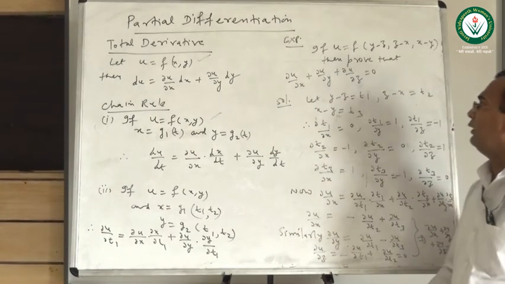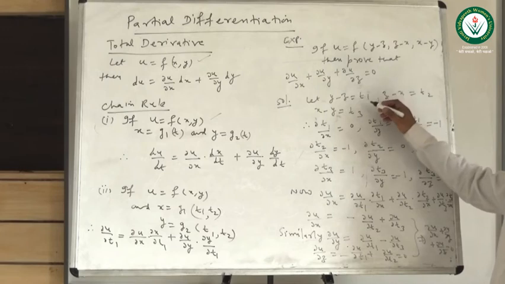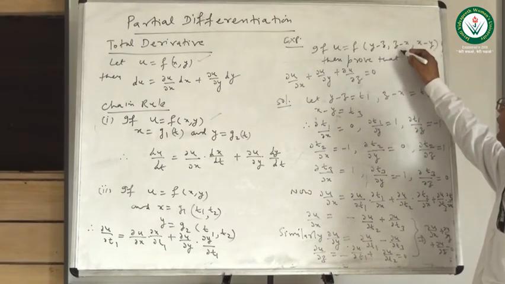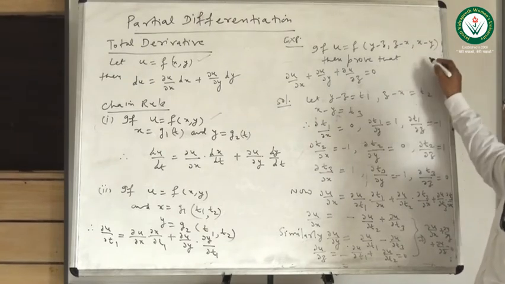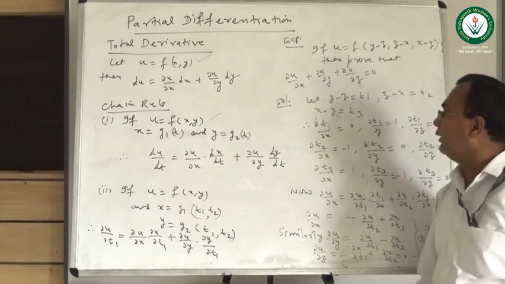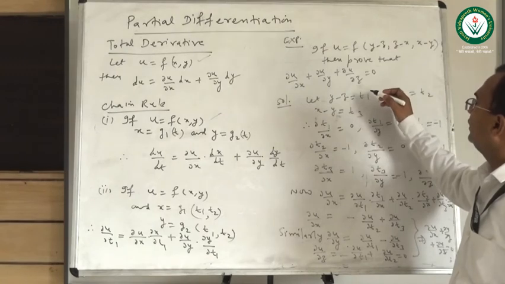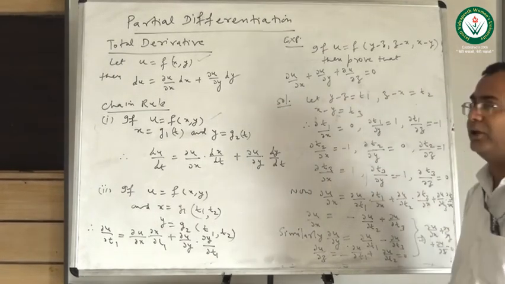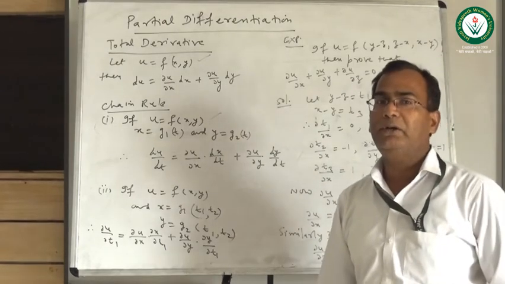First we consider y − z = t1. It is just taken as t1, then z − x as t2, and x − y as t3. This is our initial assumption, and in this way we have taken the three terms y − z, z − x and x − y as t1, t2 and t3.